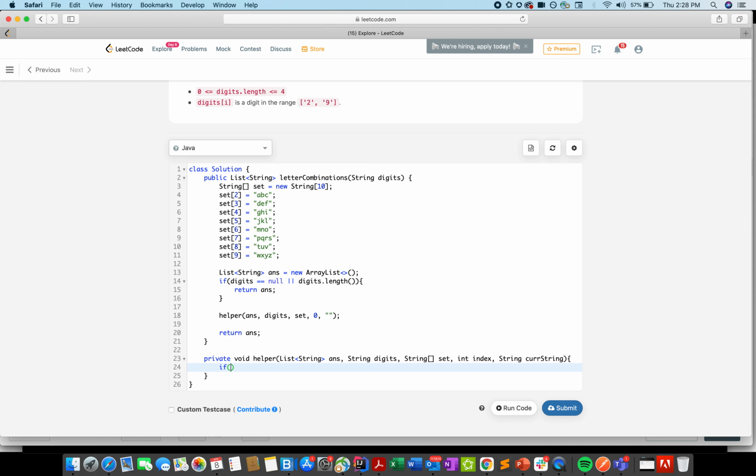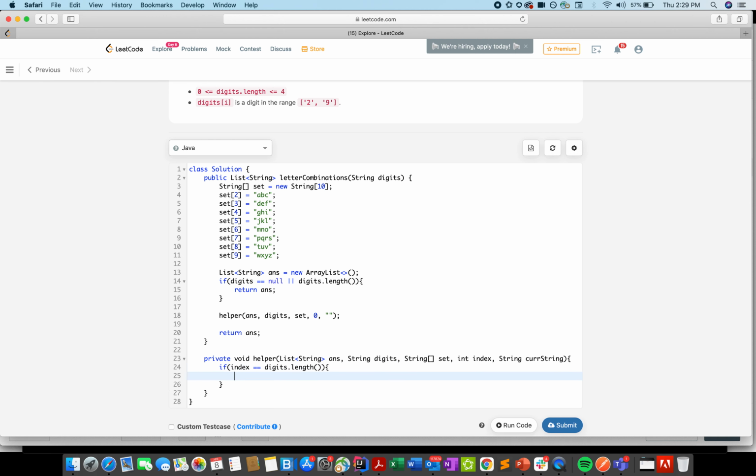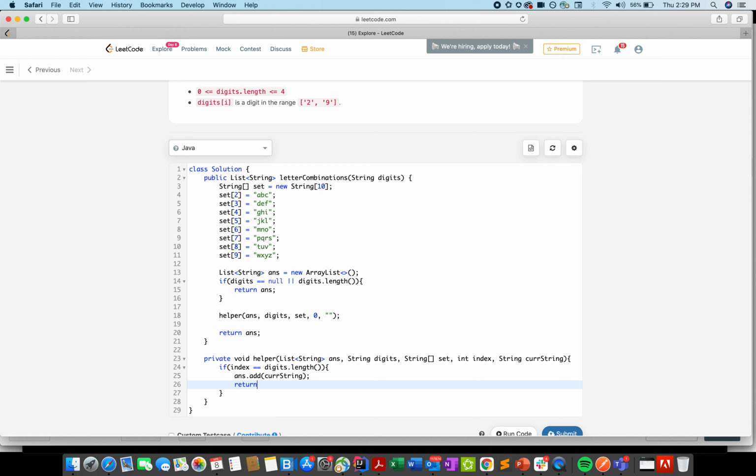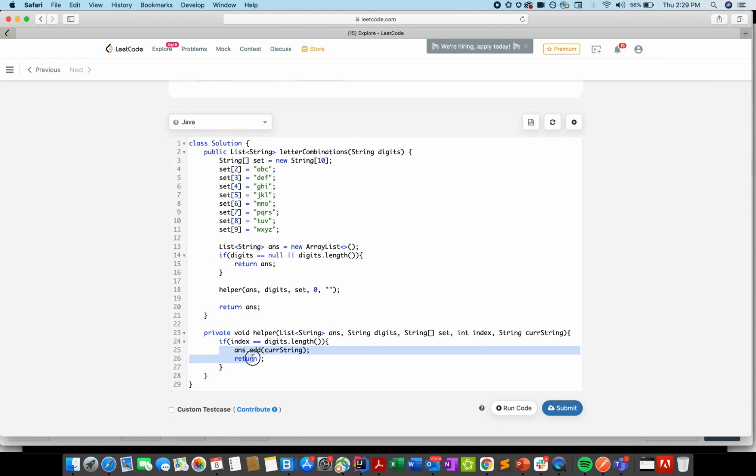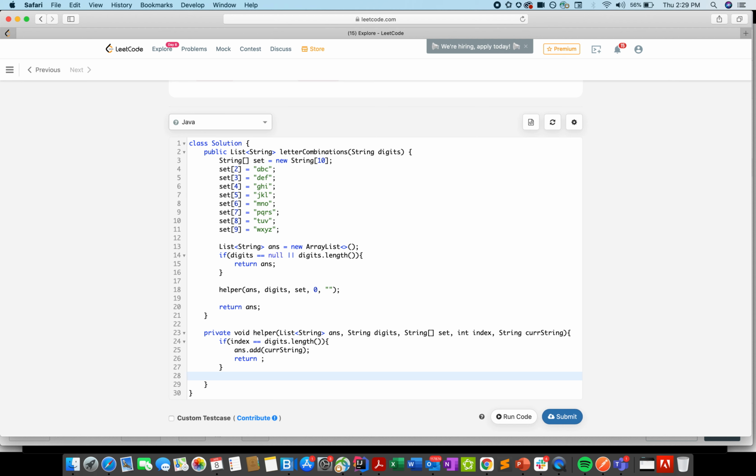So if it happens that index becomes equal to digits.length, that means all the digits have been visited. That signifies that you need to add the current string into your answer set, and return from there, because the computation has already been done and you can't go beyond this because the digits are already exhausted.